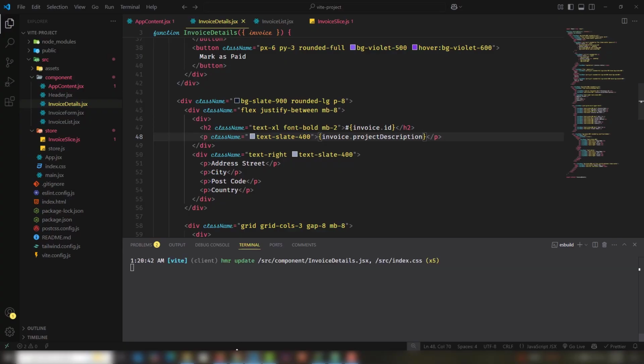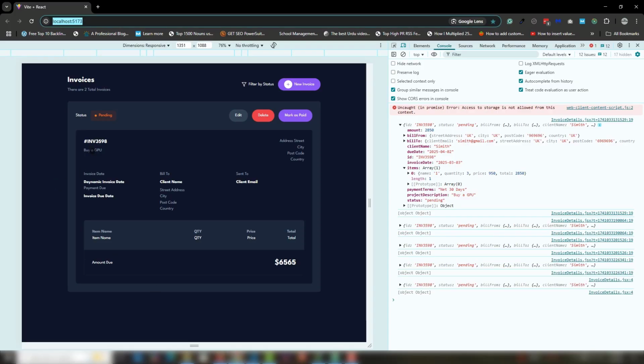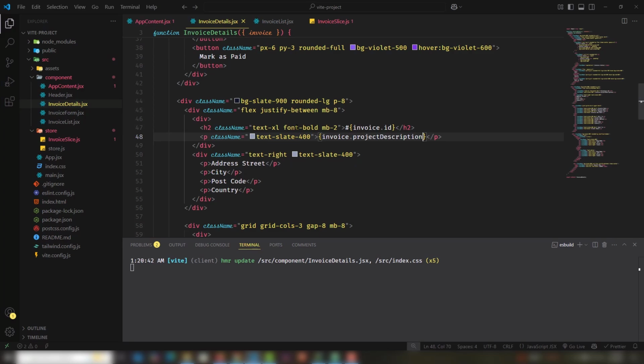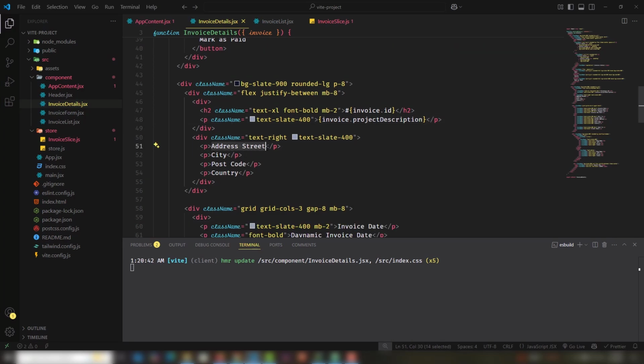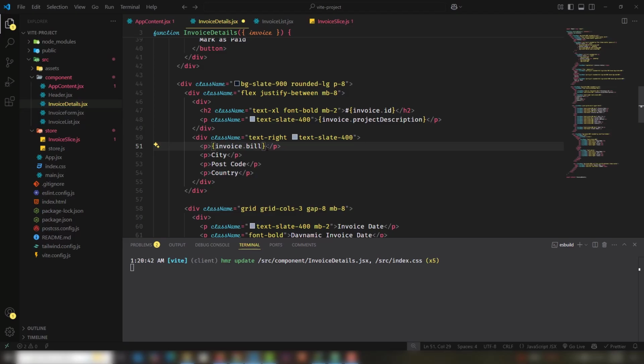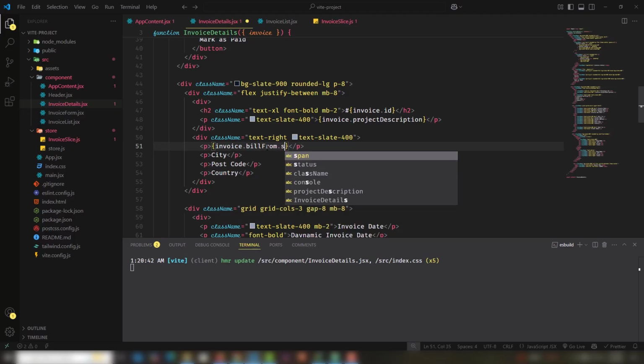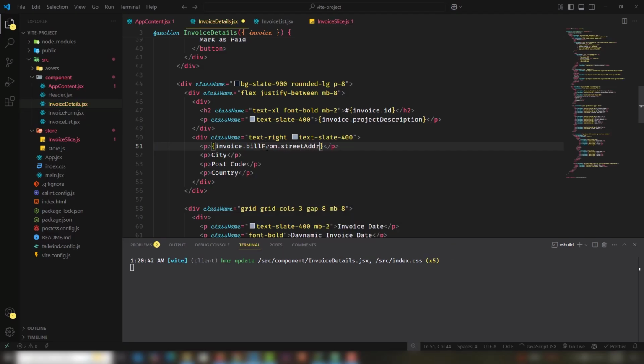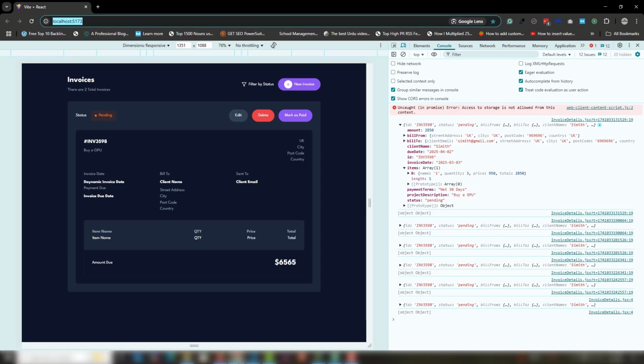You will get the description as well, as you can see, by CPU. One by one I'm going to add the values. So invoice.billFrom.streetAddress, and first I need to save it, and let's see, billFrom,